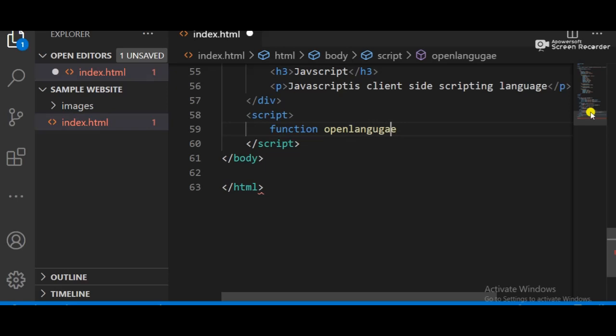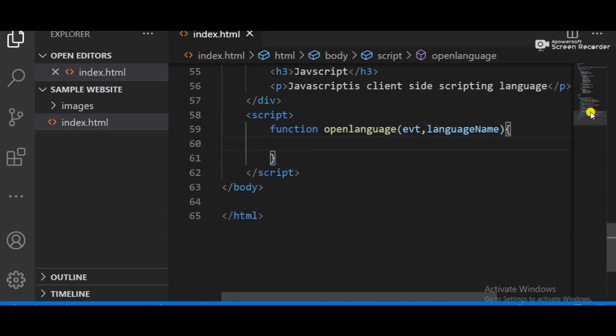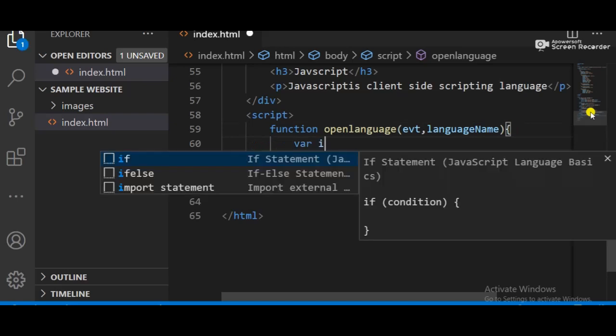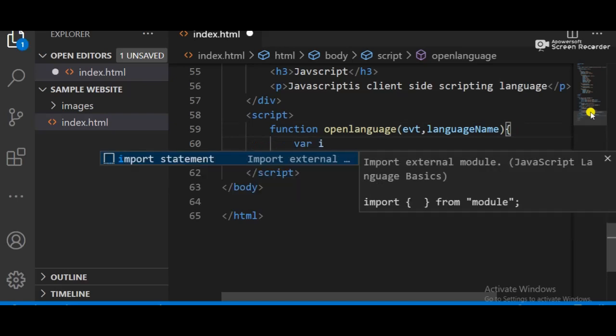Okay, fine. And we have to create two parameters. As you are familiar with parameters, I just make an event, and the second one with the language name. Okay, I have two parameters here, and I just declare variables var i and tabcontent.